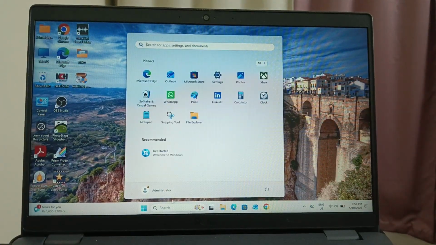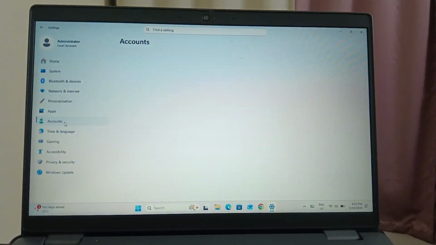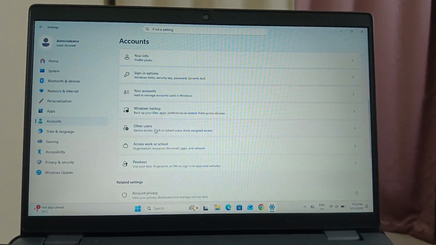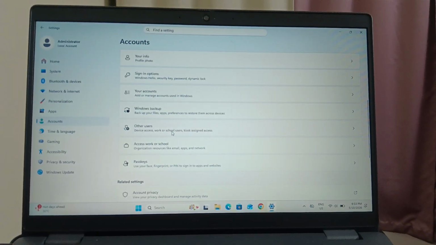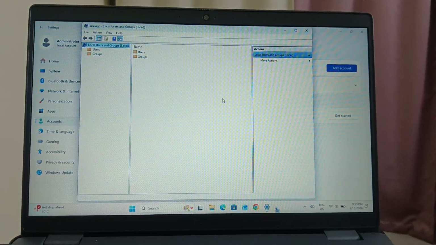First of all, what you need to check is you should already be logged in with the administrator account. Okay, and if not, then you can just log in with that user and then go to settings here, then go to accounts, and in order to add another user just click on other users, then click on add account,